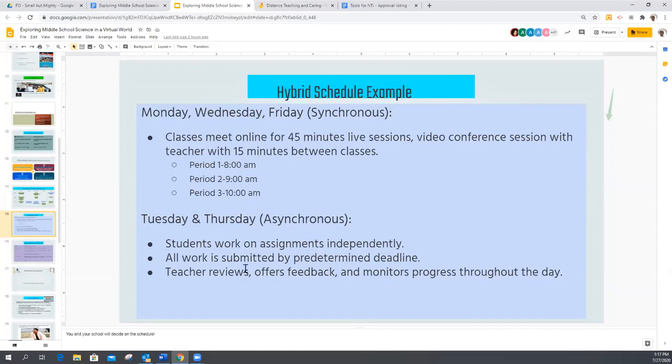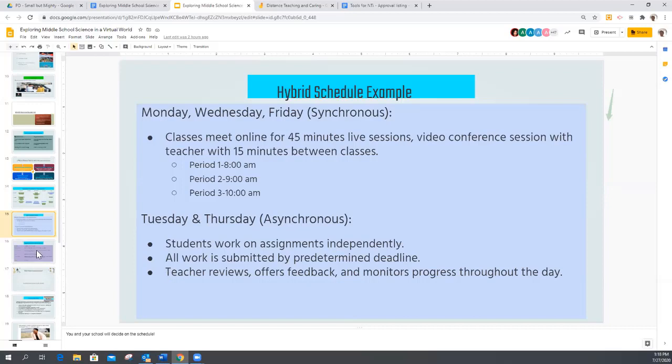You might be offering office hours during that time so that kids that have questions on the assignment can come back and ask questions. You may have small group. This may be the time where you pull a small group in because you assessed them the day before, they didn't seem to get it, and now you're going to do some direct instruction with a small group. It also gives time to do feedback, and we'll use a tool, hopefully some of you already are using it, like Google Draw, where you can give kids feedback on their assignments and what they're doing.